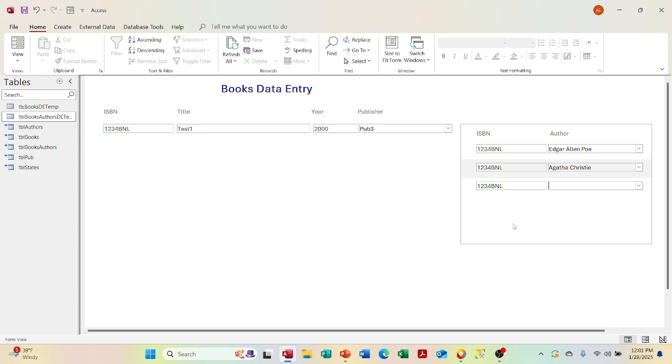All right, now that ISBN will be hidden, by the way. The add authors field will be, for the first author, it won't be active. It'll be what we call, and it's one of the properties of a control, that will be